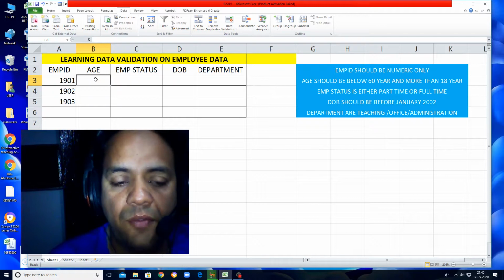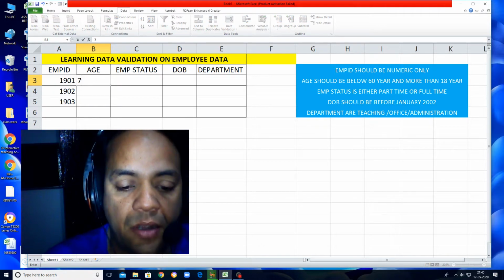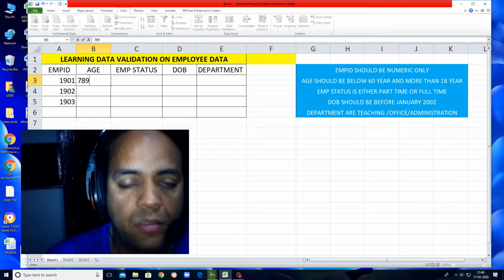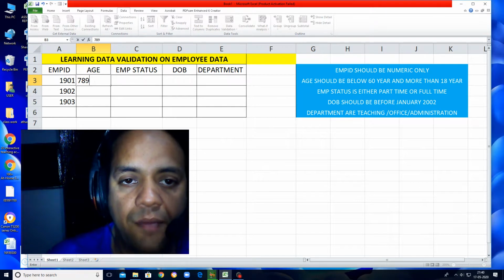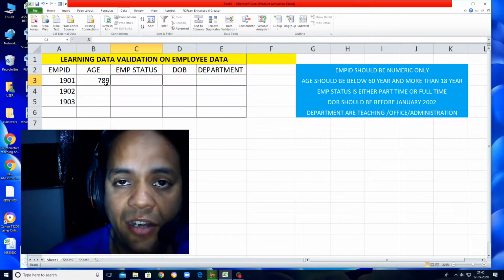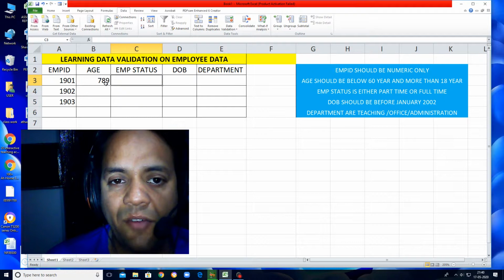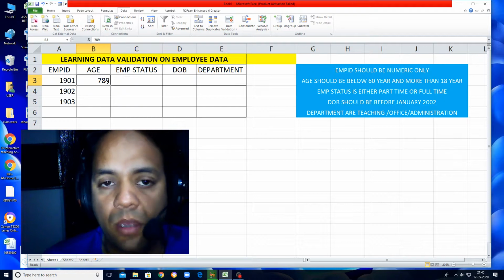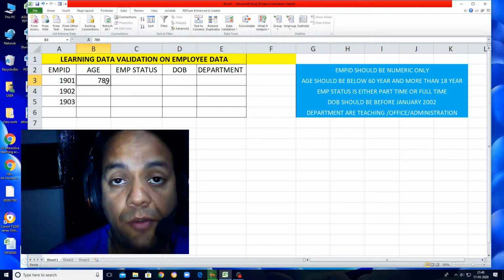Right now on the screen, I am entering 789. See, this is a human mistake. I was trying to enter 79 and it was pressed as 789. Is it possible for any employee to have the age 789? No, it's completely wrong. So I have to stop people from entering wrong values. What should I do?